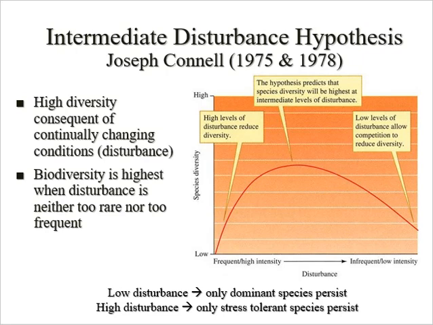So in this notion, the highest diversity of species in an ecosystem is maintained by some level of disturbance. And that level of disturbance is intermediate, meaning it falls between frequent and rare in occurrence. If disturbance is too frequent, then what can actually happen is succession may fail to develop